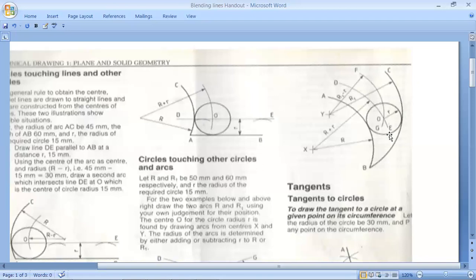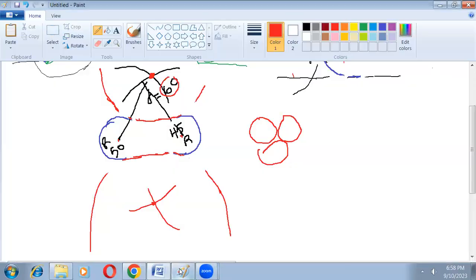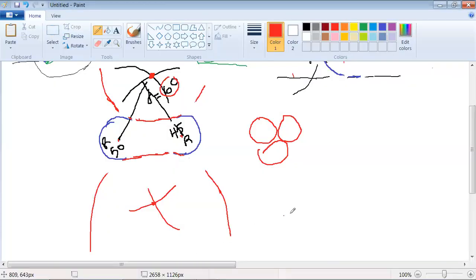Let's use the same values for the other circle that we did a while ago, right? We're gonna create a circle like this. We create another circle like this, and we're gonna put a smaller circle touching the two of them, right? We're gonna improvise some measurements. The handout has measurements in there. When you go to the practical class, just follow the instructions, the measurements that are on the handout, and you don't need to improvise any measurements at all. But here is just a guideline for you to understand the technique of how to get through this particular exercise. All right,